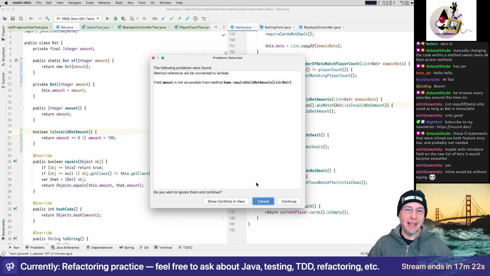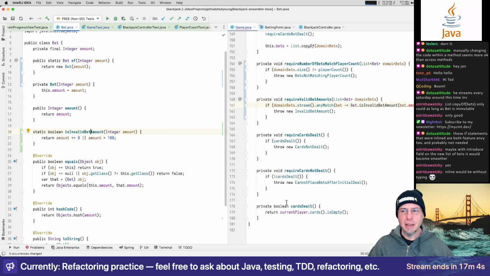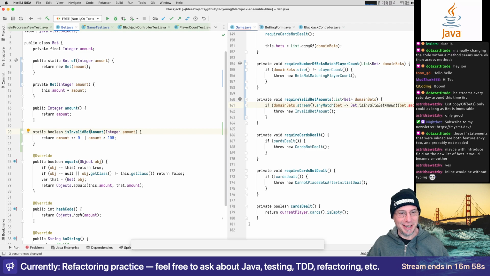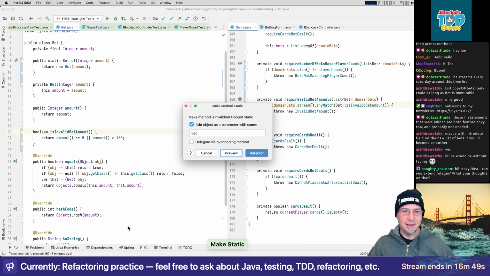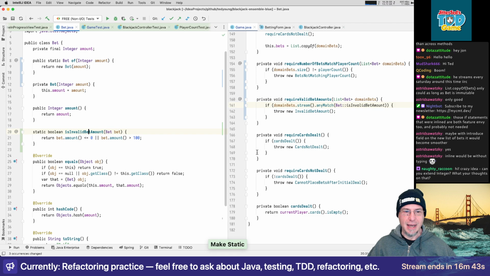And let's see. Field amount is not accessible. Really? What would happen if I do that? Yes. So I shouldn't have actually done that. So let me try that again. So now if I make it static, like that, and now